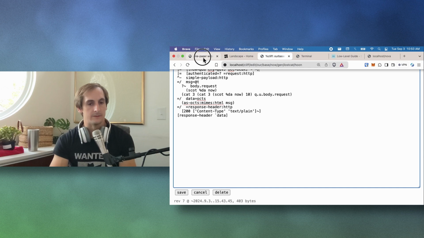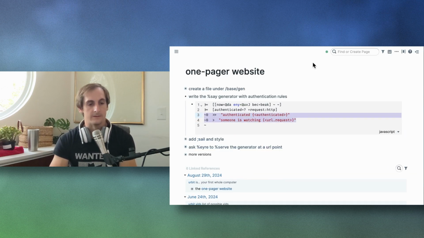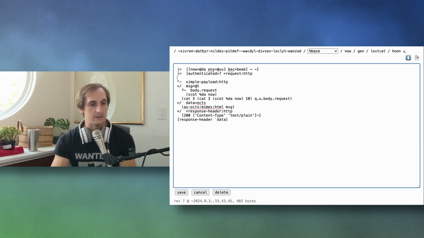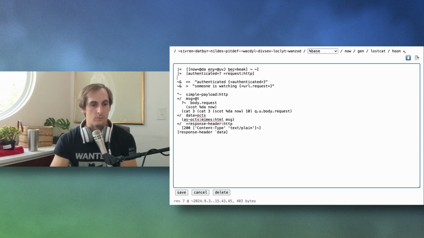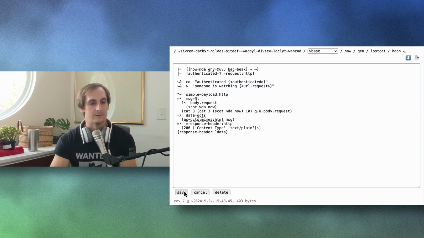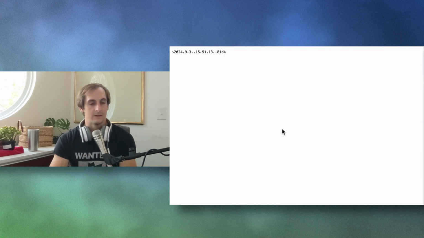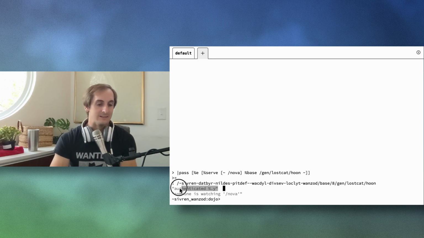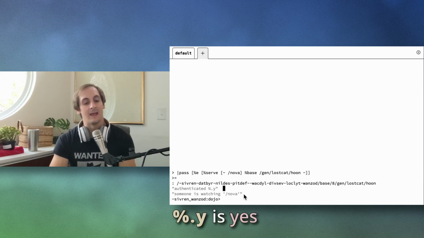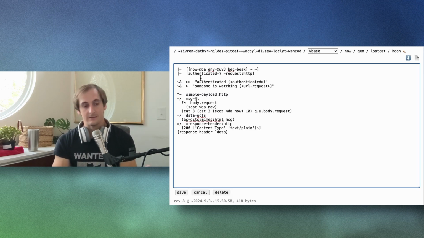Let's make this a little bit more interesting by adding some of the things that I have, like this stuff. So this will print into the terminal useful information in my estimation. So we're going to have it say, hey, are we authenticated? It'll say yes or no. And then it's going to say someone is watching the URL as understood in the request. Save. Oh, hey, revision just went up to 8. Yeah, there we go. Revision 8. We'll go to localhost /Nova. We're not going to see anything new there, but we will see, hey, yes, we are authenticated, and hey, somebody is watching /Nova. This works. It is giving us some things.